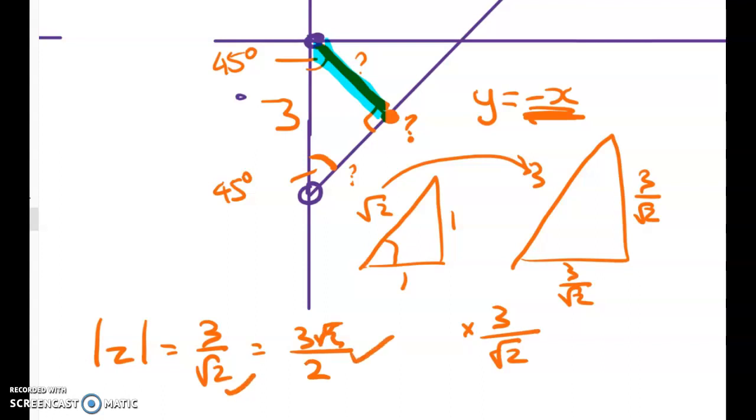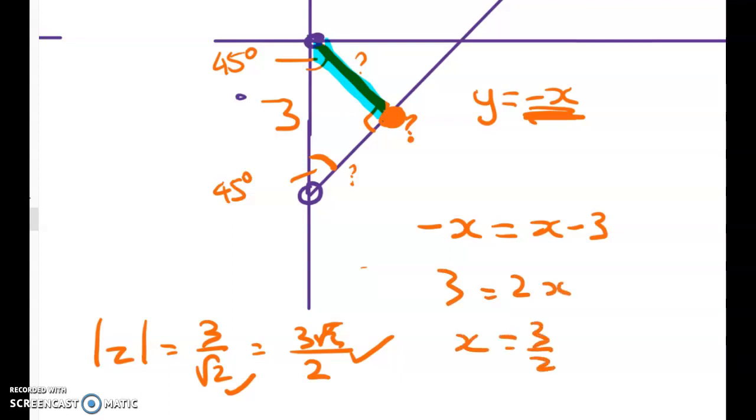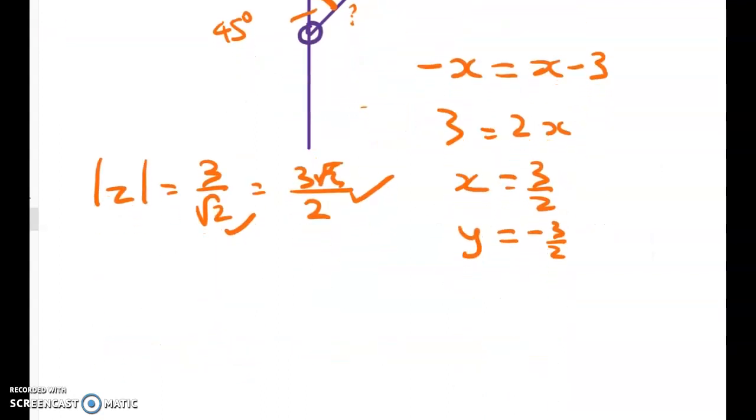Now, if we didn't spot the similar triangles thing, we can do it using coordinate geometry as follows. We can get the coordinates of the point here by saying that we've got the intersection of the two lines. So we've got negative x is equal to x. Is that right? Negative x is equal to x minus 3. That gives me 3 is equal to 2x. So x is equal to 3 over 2. And we know that y must equal negative 3 over 2. So we can find the coordinates of the point,